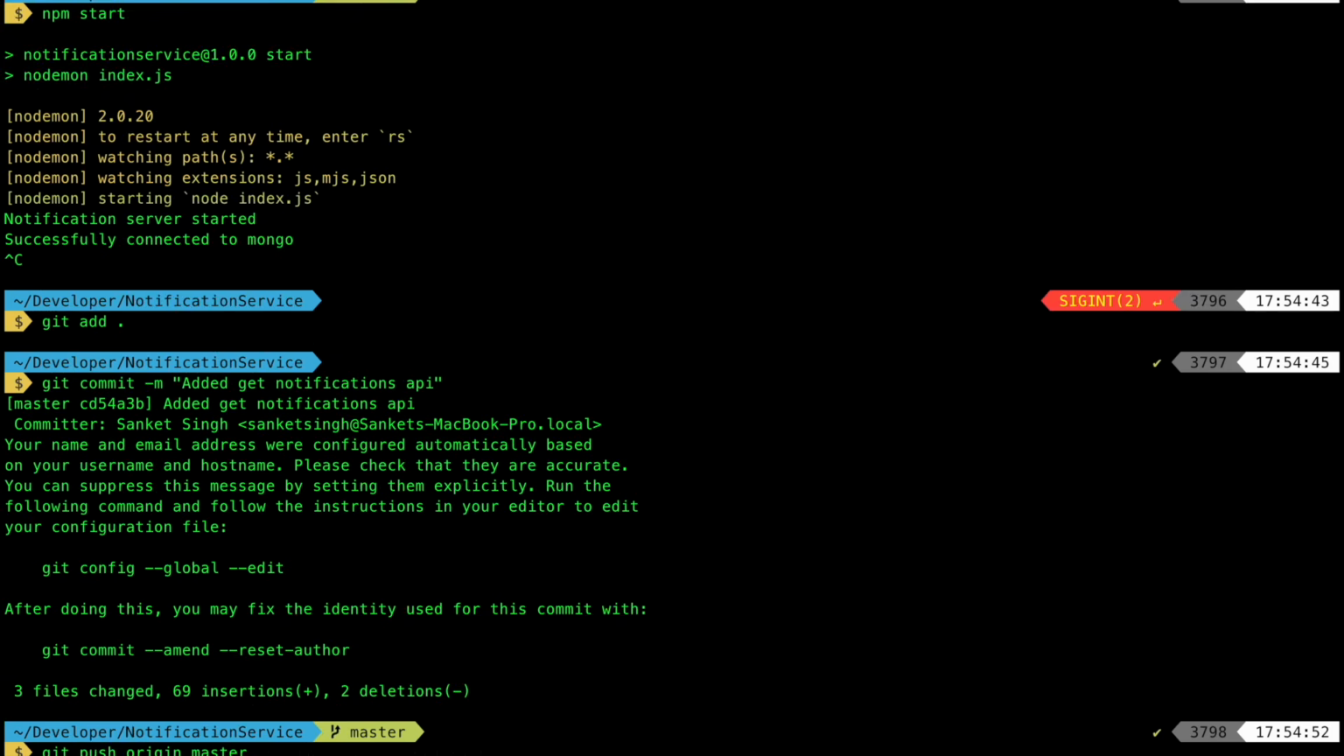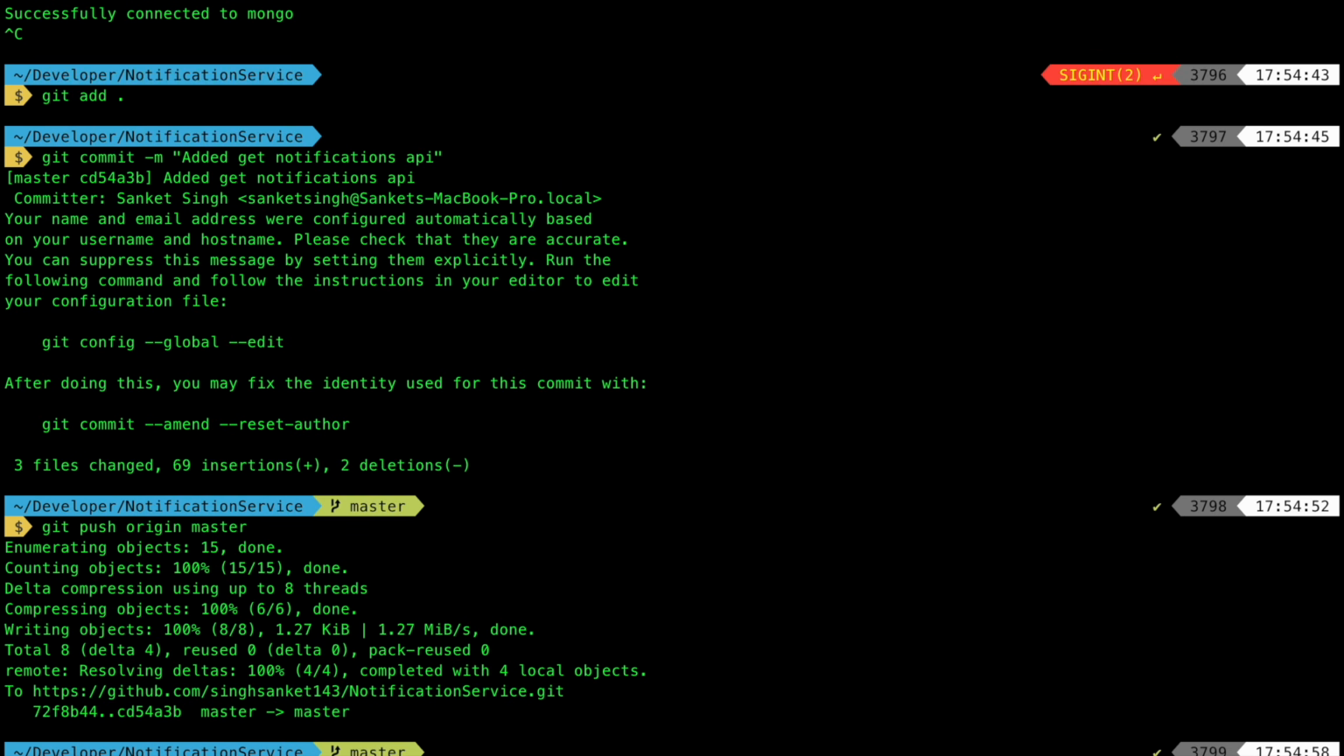Okay, so we have successfully pushed the code as well, right? Now in the further upcoming set of parts, we have this notification service ready with us. Now what we have to do is set up a cron in this notification